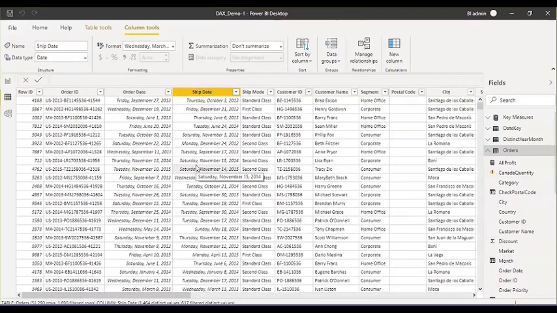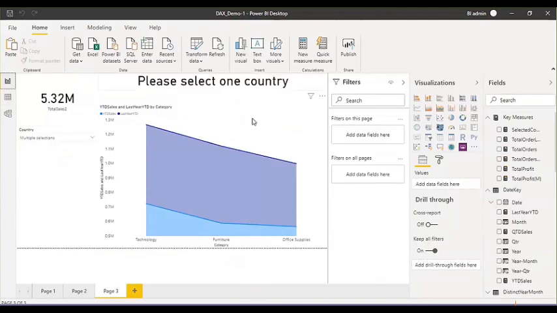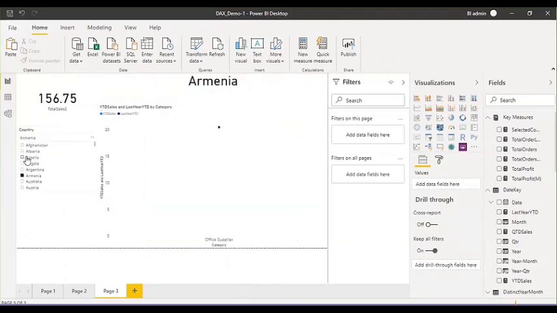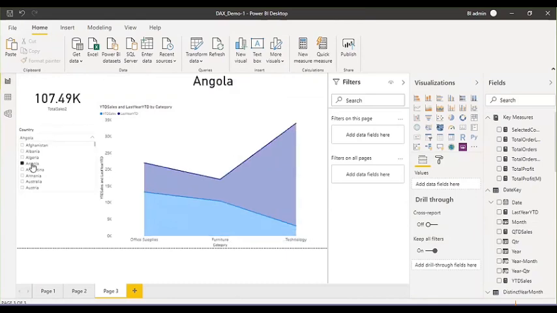So let's say you are applying a filter on the country column, then all the values on this visual will be filtered. See, if I select any country here, then data is changing in all the visuals. But if you want something like, I want to see the total sales, although if I select this country it got filtered for this country, I want to see the total sales regardless of the selected country. So for that, you have to use the all function.